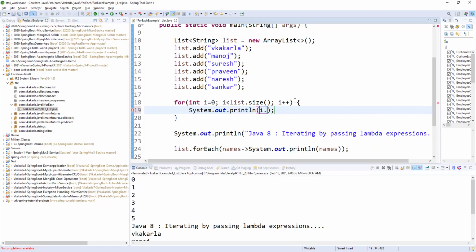Let me check. It will print and take all the values, but how are we taking this value?